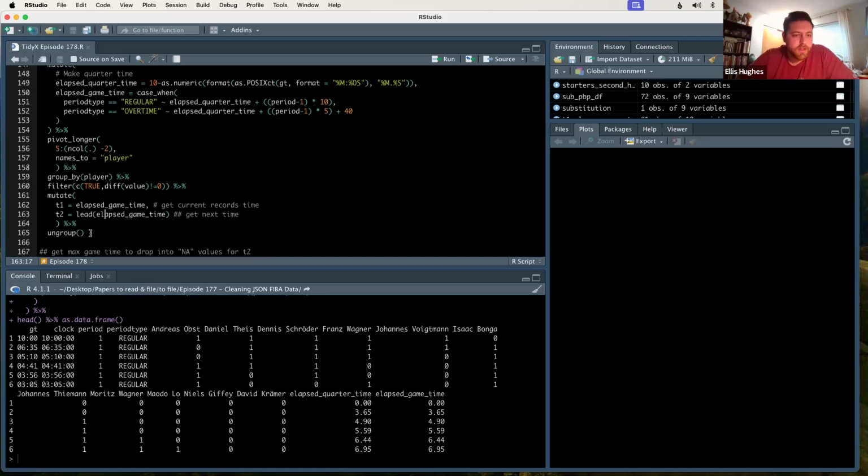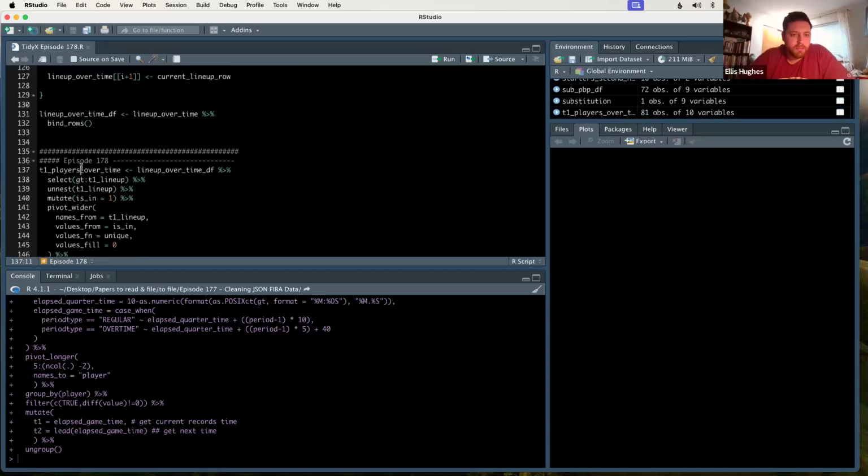And so by doing this filter by true, that keeps the first entry, so the start of the game, and then also when they change being in or out, only keep those records. We can then do the second piece here of mutate and add T1 and T2. T1 would be the current time of that action, and T2 is when the next action occurs, so that we can get the duration of how long they were in that state before they changed. And then we call ungroup because we no longer want to calculate things by player. So if we run all that,